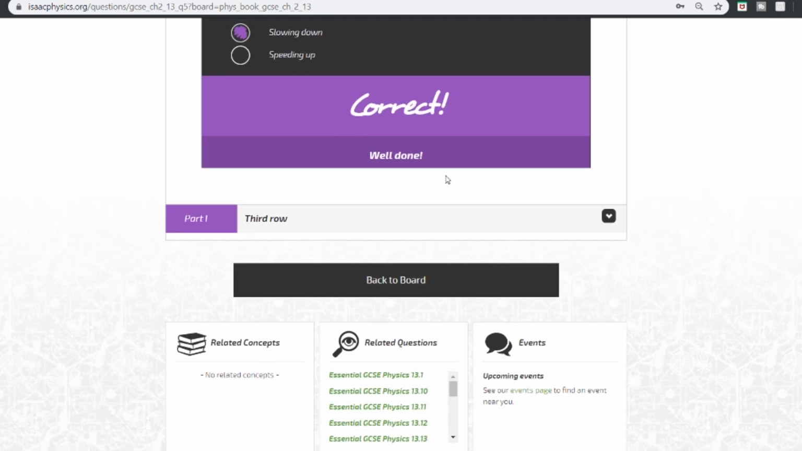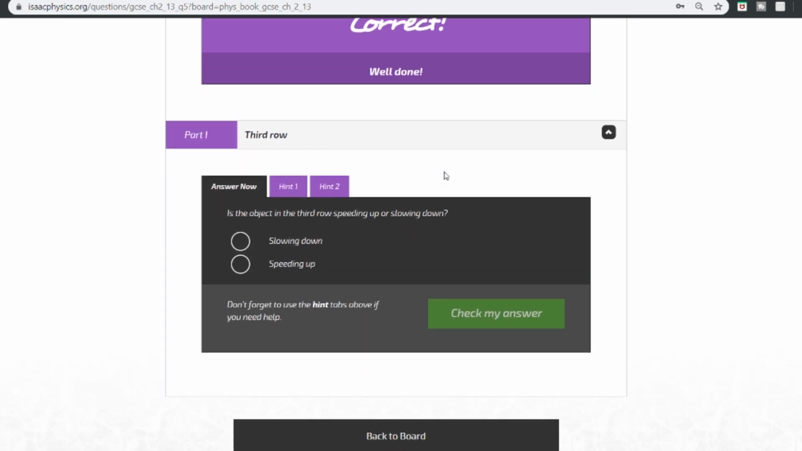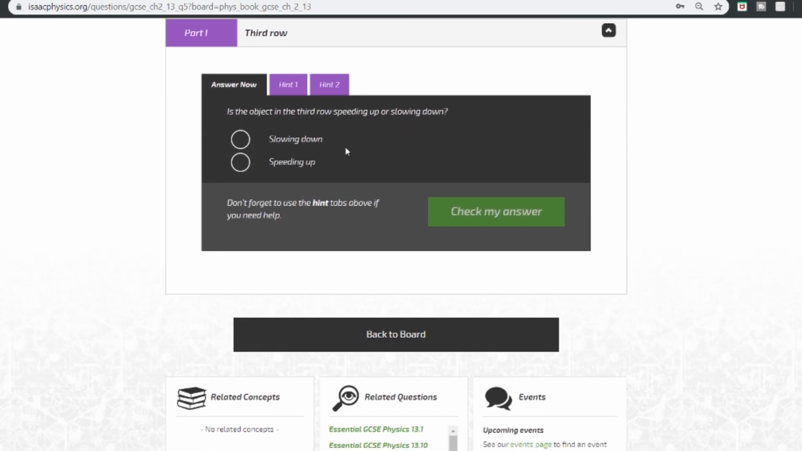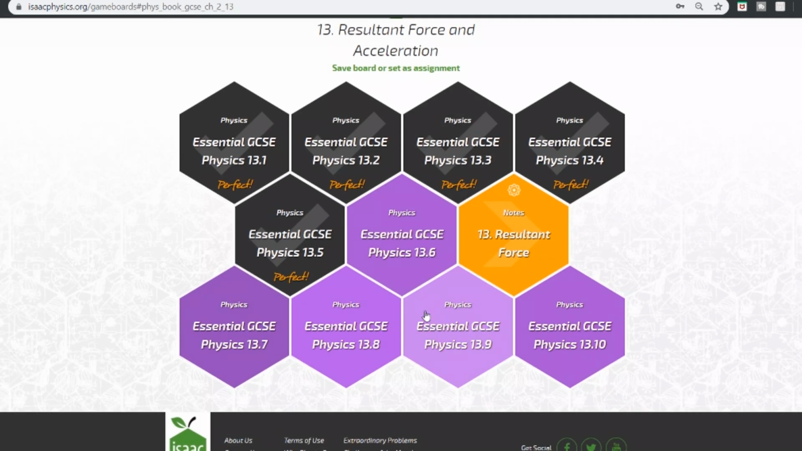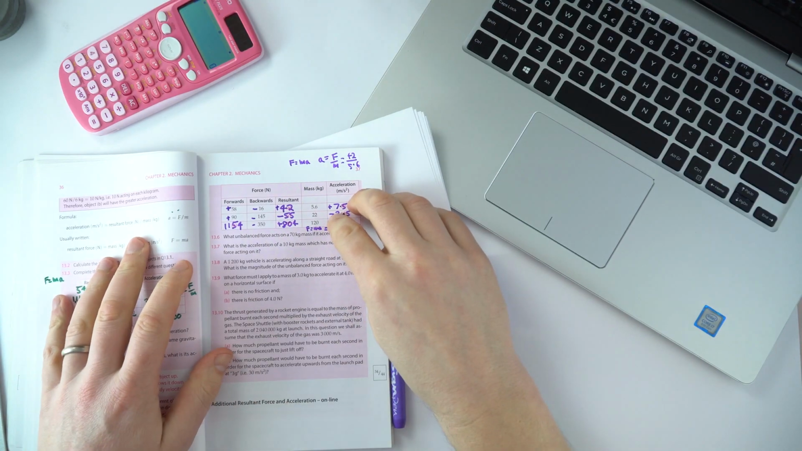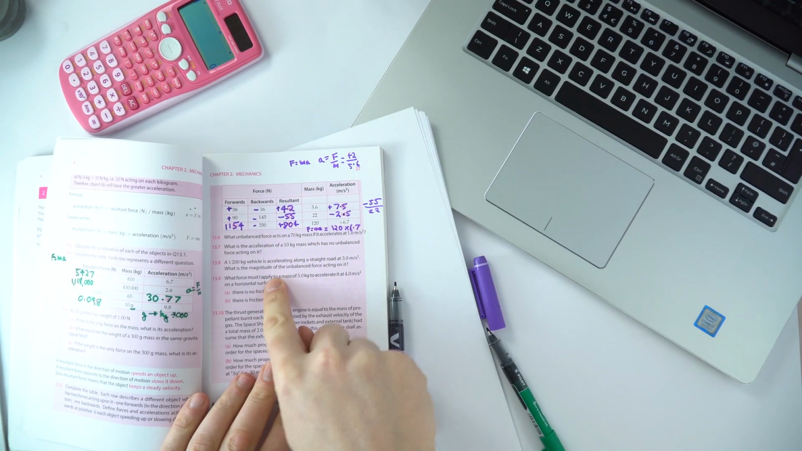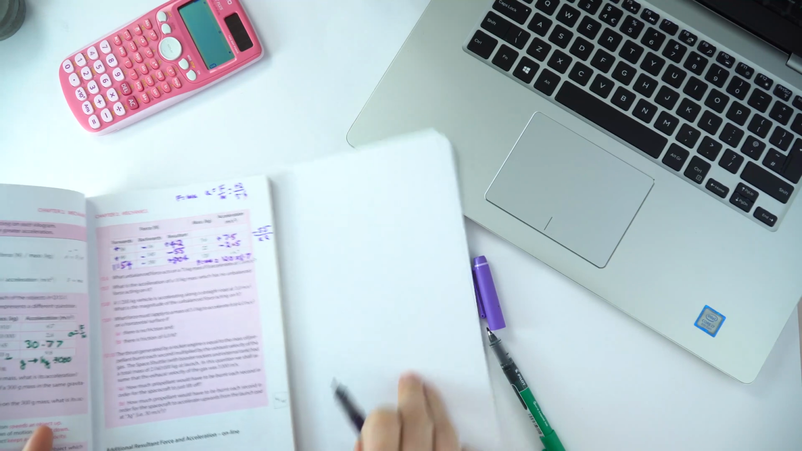And that's provided you've got a moving object which experiences these forces. In the third row, you've got a positive value, so I'm going to say it's speeding up. And there we go, back to the board. Okay, so based on this knowledge, we're now going to go through a few more questions. So the next one,